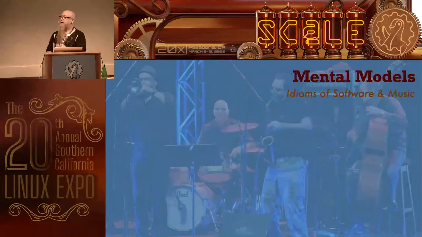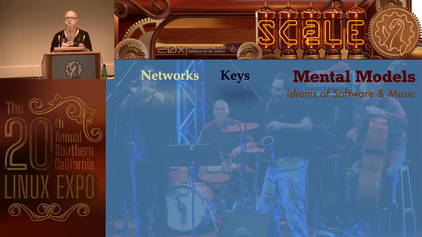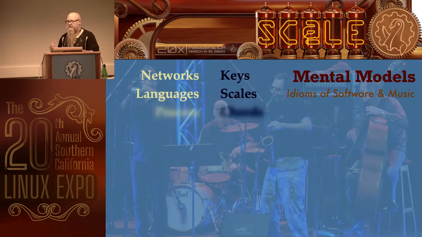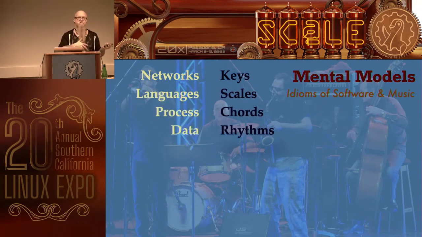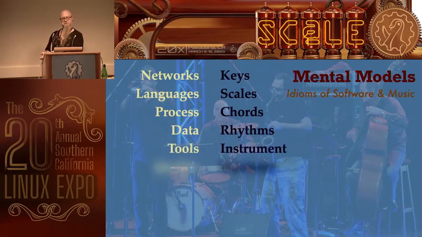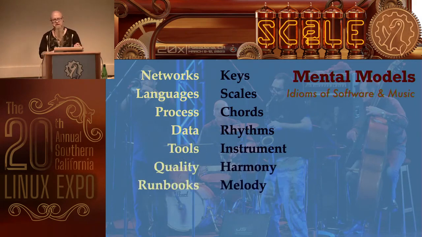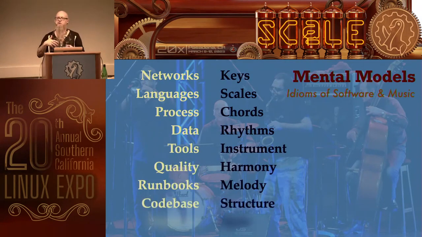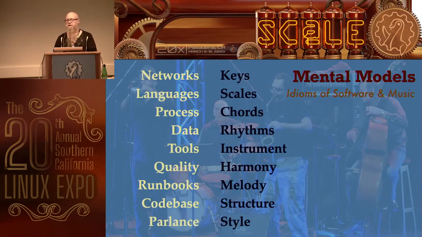So we build a language together. What does a language look like? In music, it's going to look like things like scales and chords and rhythms and instruments, the harmonies. When jazz musicians learn to play together, they learn to play jazz, and they're called heads in jazz. And it's just like the melody and a few chord changes. They learn that head, and now they're empowered to be able to improvise around that.